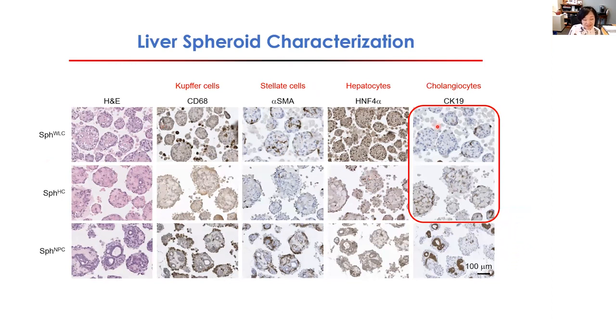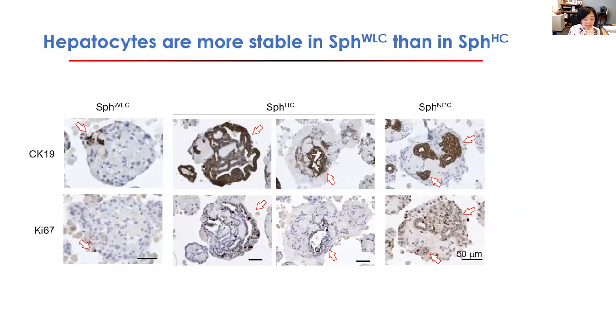So this is something related to what had been reported before: hepatocytes are not that stable in in vitro culture. They de-differentiate quite quickly. Once they de-differentiate, they start to gain expression of cholangiocyte markers, including CK19. Indeed, if we scan through all these different spheroids that we have generated, we often can find this type of really weird looking hepatocyte spheroids in our culture. You can see that these spheroids have a lot of CK19 expression.